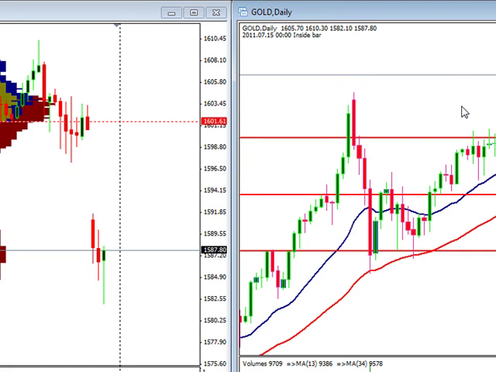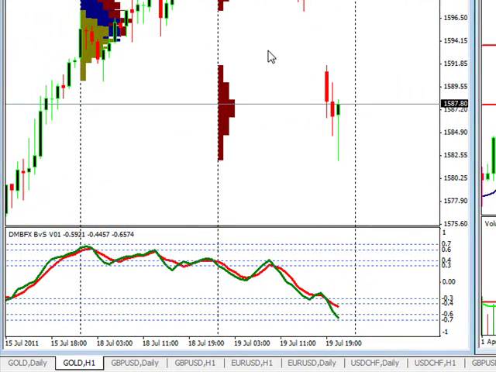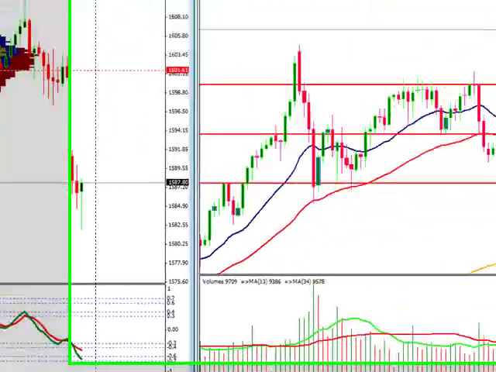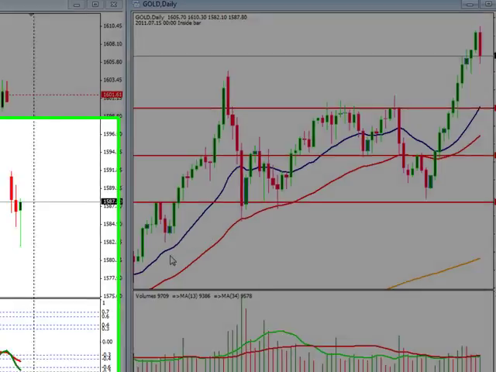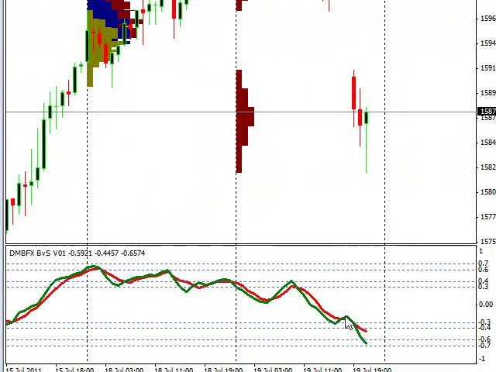So how can we confirm that is we'll come over to our hourly market profile. We can see that we are already oversold. Certainly we can see that since we have a bearish engulfing candle here. So we're getting close to oversold. We're actually already in it, so there's already a probability of reversing.